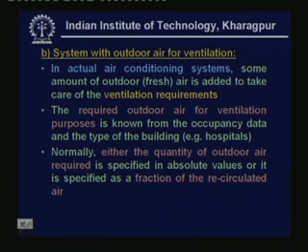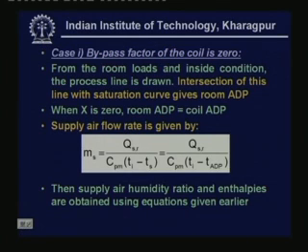As I said, normally either the quantity of outdoor air required is specified in absolute values or it is specified as a fraction of the recirculated air. Whatever it may be, we know how much is required. So, let us take a simple case first. Case 1 is where the bypass factor of the coil is 0, that means we are talking about a perfect coil. First let me show the system and then